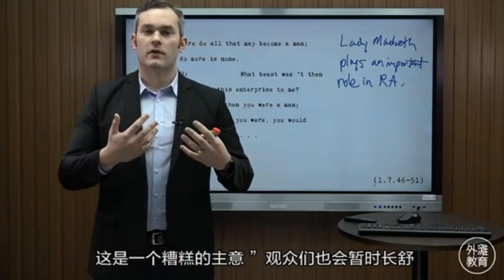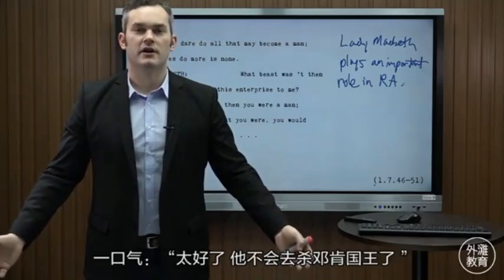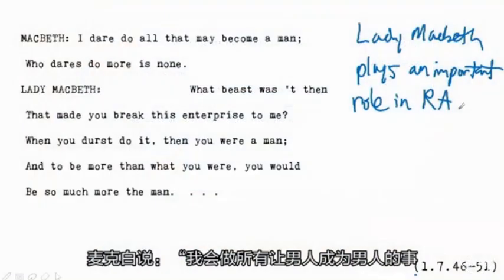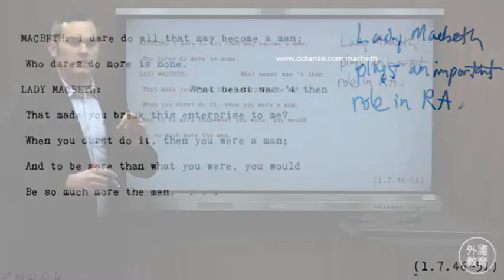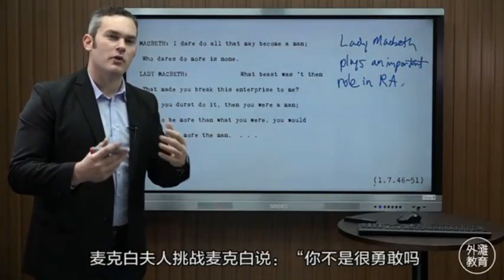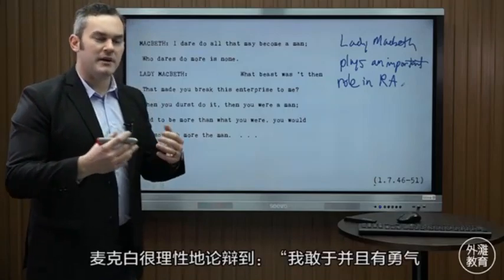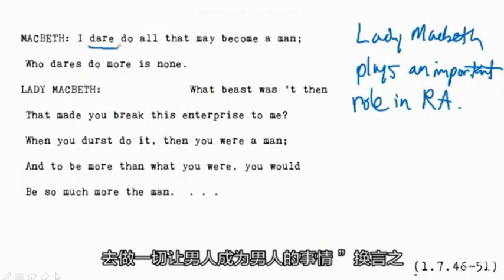And the audience, for a moment, is kind of like, good. He's not going to kill King Duncan. And Macbeth says, I dare do all that may become a man. Who dares do more is none. What he means is Lady Macbeth is challenging Macbeth and saying, aren't you brave? Why won't you kill the king? Why are you afraid to do it? And Macbeth is reasoning quite rationally that I dare, or I have the courage, to do all that becomes a